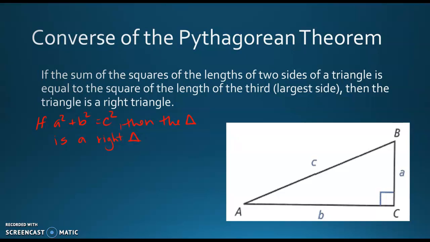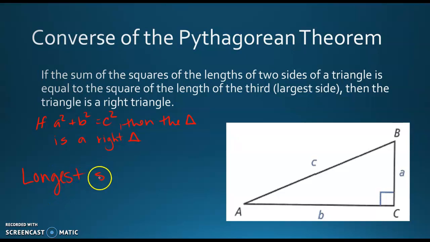That is what we're working with. Whereas with the Pythagorean theorem, it was said backwards: if it is a right triangle, then a squared plus b squared equals c squared. So we flipped them. If we know that a squared plus b squared equals c squared, then we can say it's a right triangle. And we need to always remember